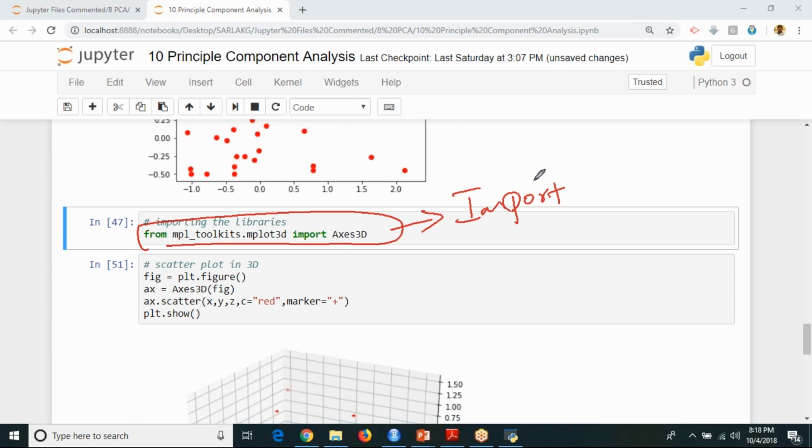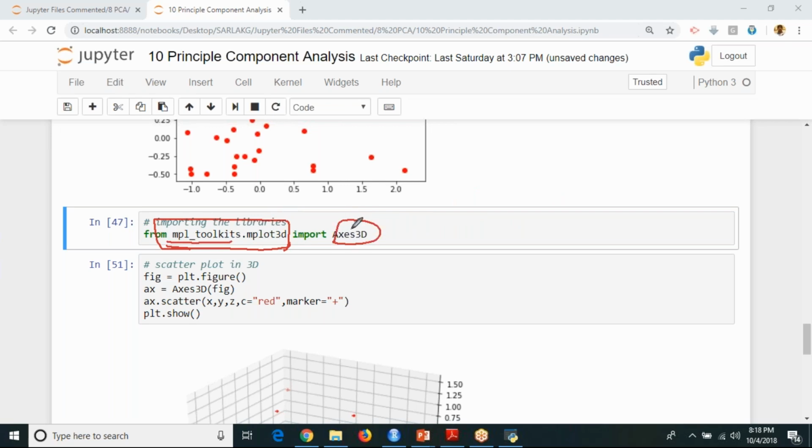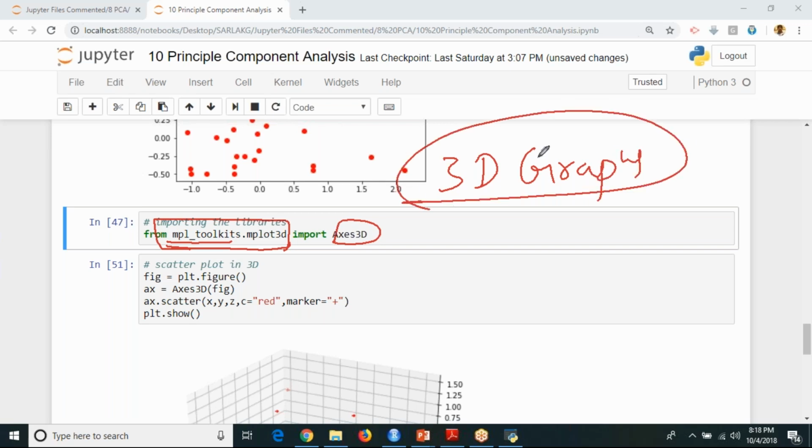But this is an additional library I'm going to show you as part of your curriculum. This particular mplot3d from mpl_toolkits, and you can use this Axes3D function and plot your 3D graphs for your scatter plot.